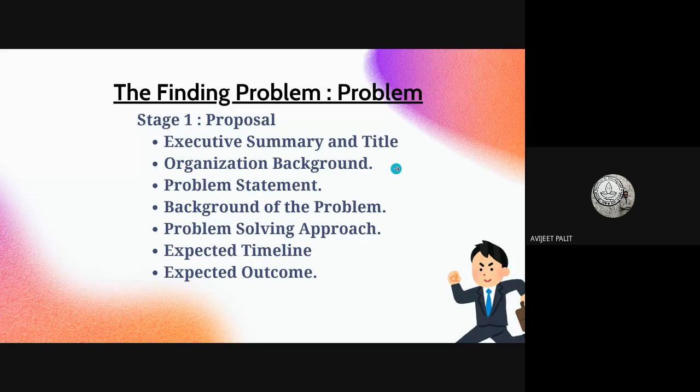Your title should be professional. It should not be like ABCD or whatever you want to write. If you're going to optimize something, you should write, okay, optimizing this and these things for this and this business. So it should look professional. It should be concise. You cannot write one paragraph for the title. A title should be very concise, 5 to 10 words ideally, and one statement should reflect the project.